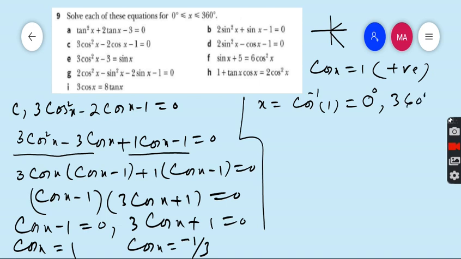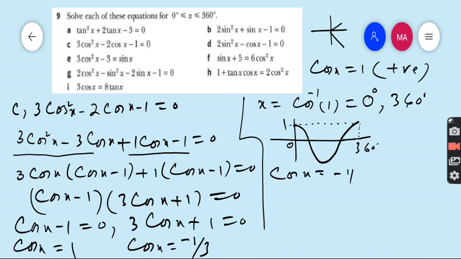You can check from your calculator or you can draw the graph. This is 360 degrees, and at this point the value is 1 and this is 0. So only two angles from 0 to 360 where cos gives us 1, that is 0 and 360 degrees. Taking the second equation, cos x is equal to minus 1 upon 3,